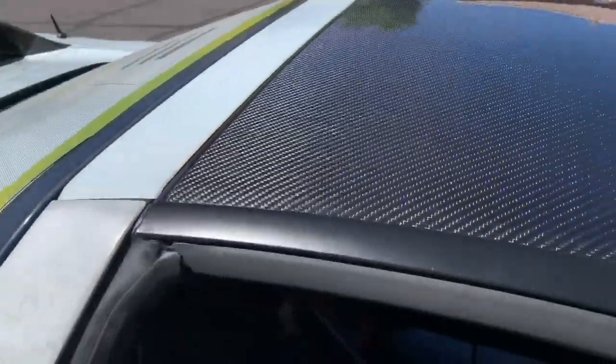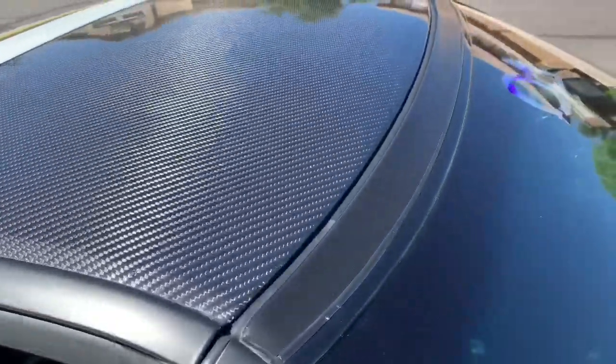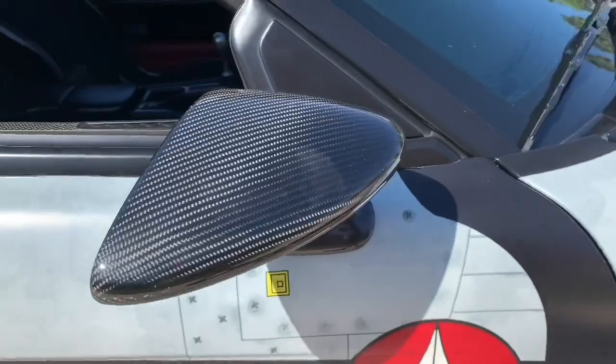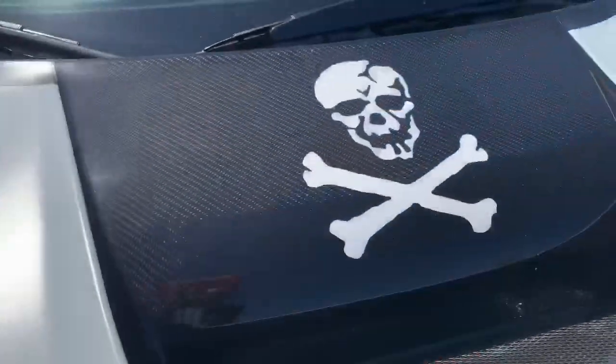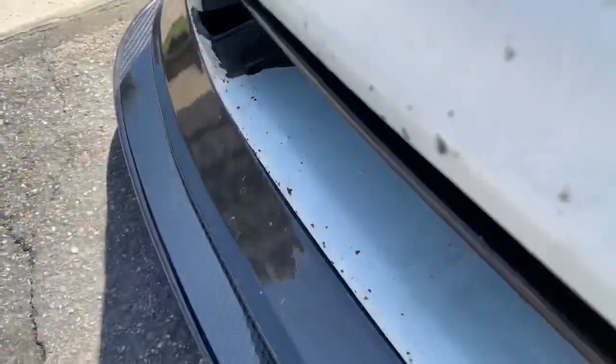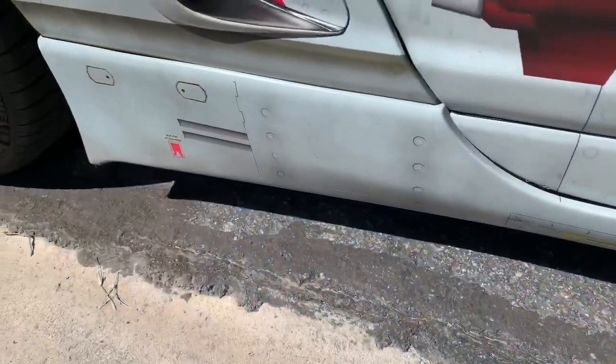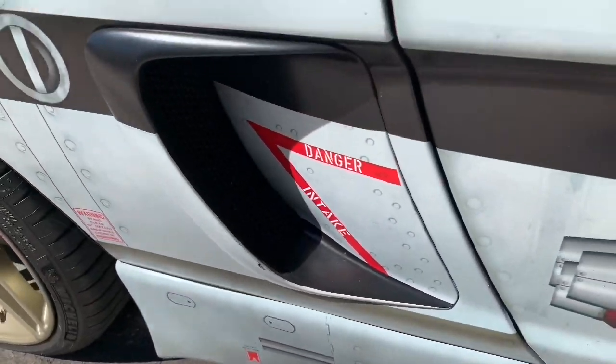This roof is full carbon fiber from NC Auto USA. These mirrors are also full carbon fiber. These are powered mirrors. Downforce hood. In the front, we have a carbon fiber splitter, carbon fiber lip, Rexpeed side skirts, Garage Kite side intakes,